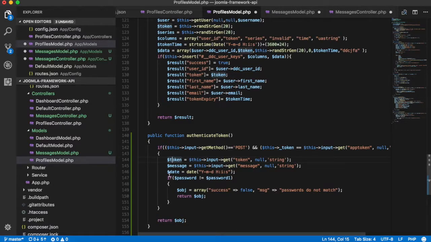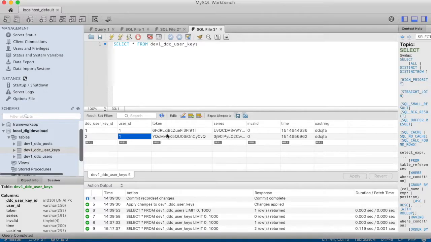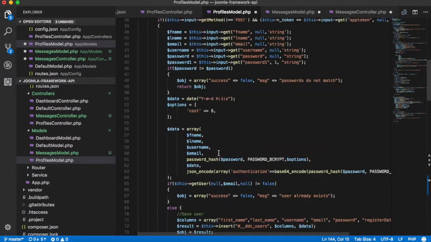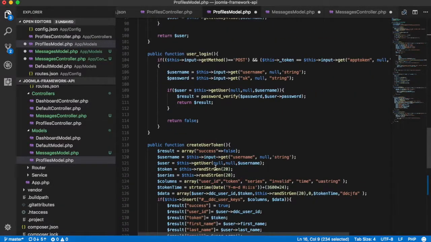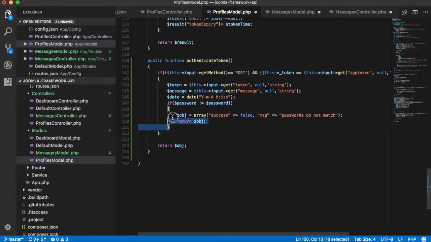Well, once you get the token, we now want to pass the token into our database and validate it against the actual database to see, okay, is this a registered token? So what we can see here in our dev1 DDC user keys, we have 2 tokens. So we are going to pass through one of these tokens and get back the user ID. So a simple way of achieving that, from the very top, if we use this build query function, we are going to just simply copy all of that information, come down to our token here,